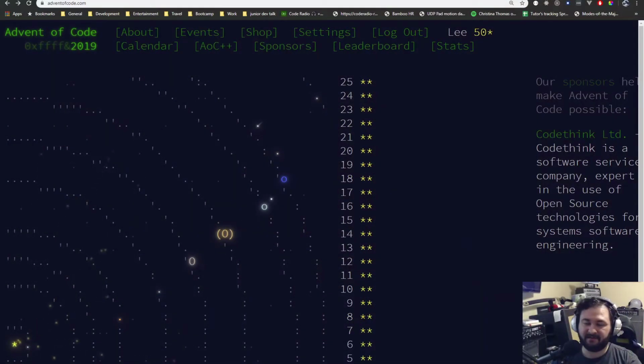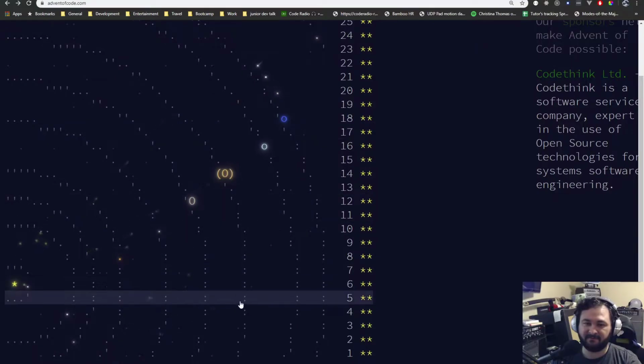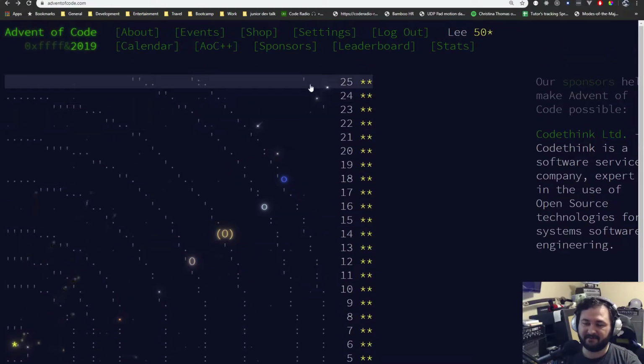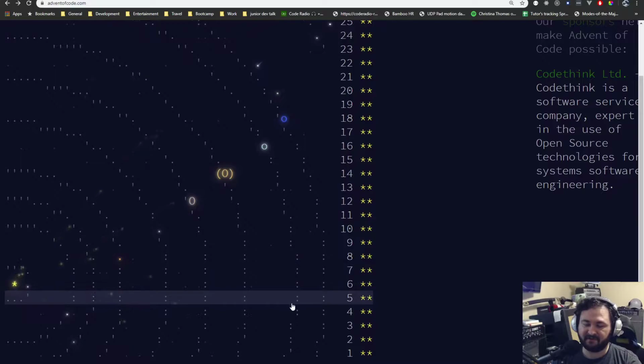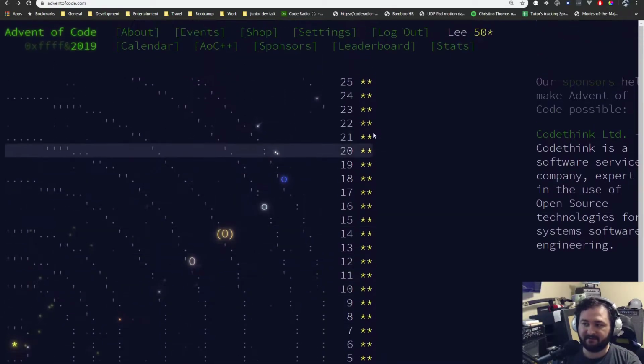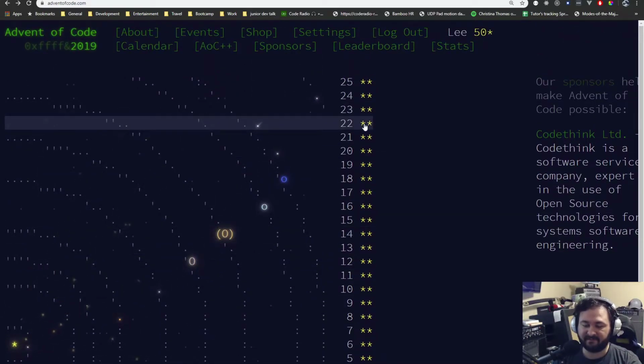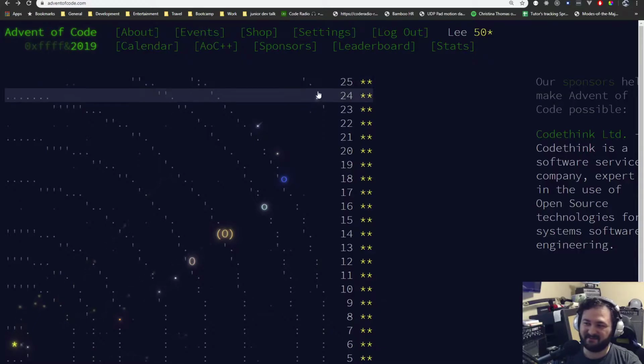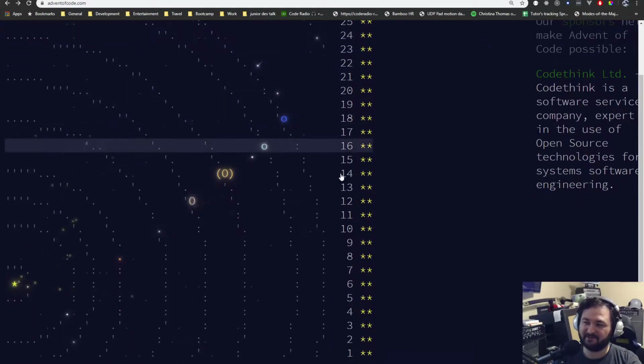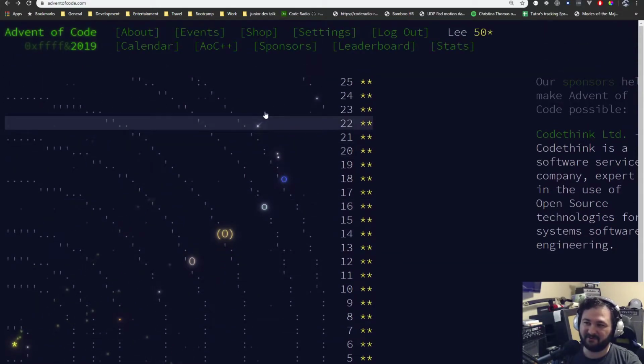So I've finally finished all the puzzles. I got the 50 stars. You can see that here. Finished Advent of Code, went through all these puzzles, attempted all of them on my own. A couple of them I had to cheat on. Particularly day 22 was like an egregious example of this is a math problem and not really a coding problem. But otherwise, with just a few hints here or there, I was able to solve all the problems.